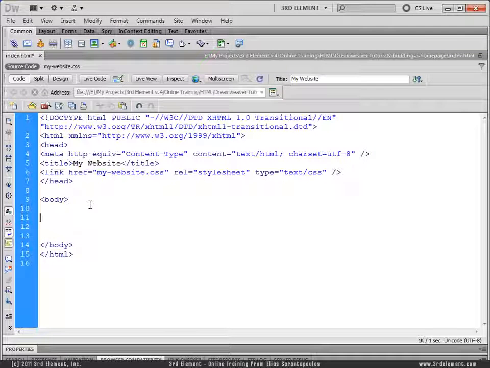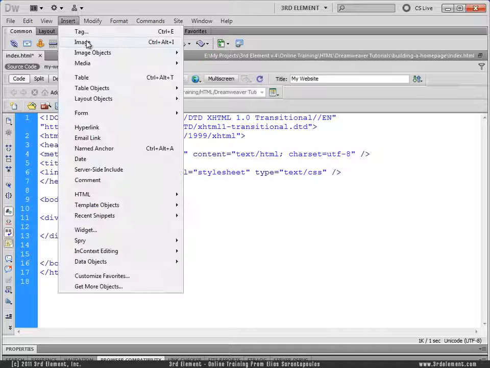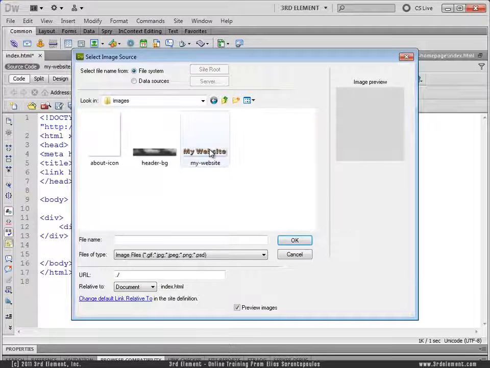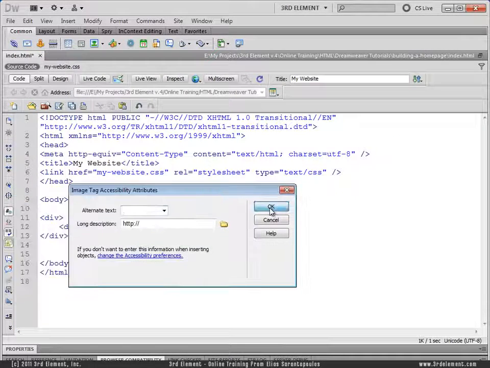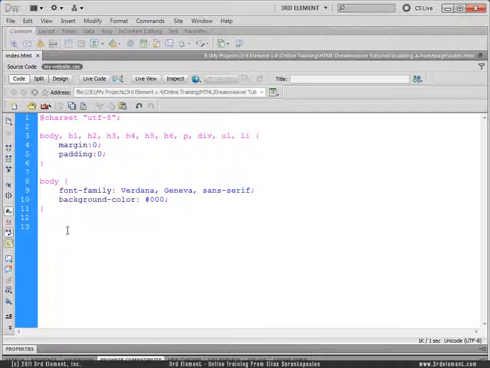So create a little space here. So let's create a first div. That will be the outside div. And the div header, which will have this image right here. Click OK. Save it. And then let's go to the CSS and write